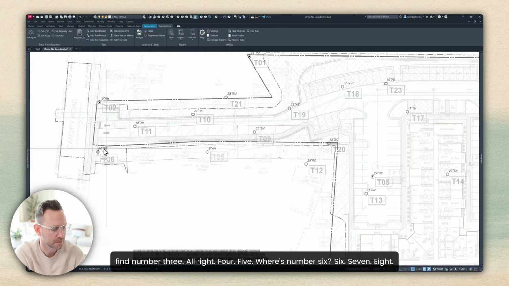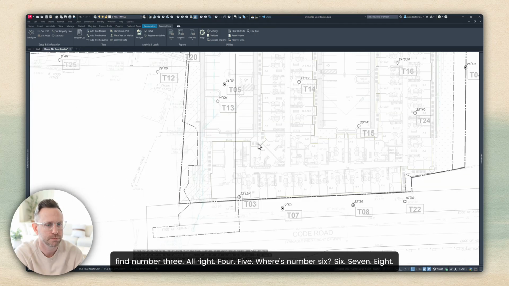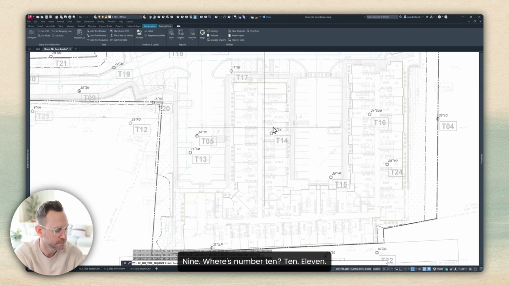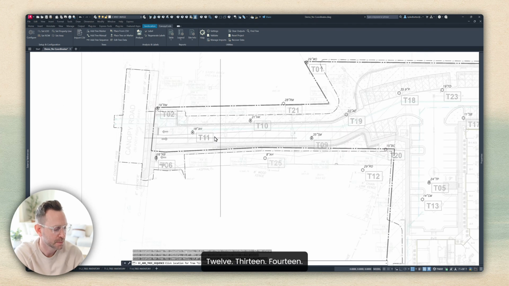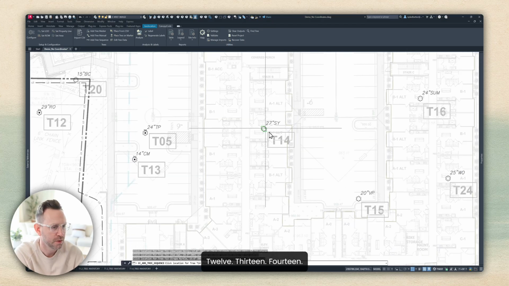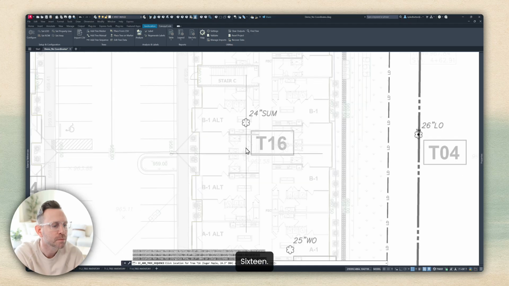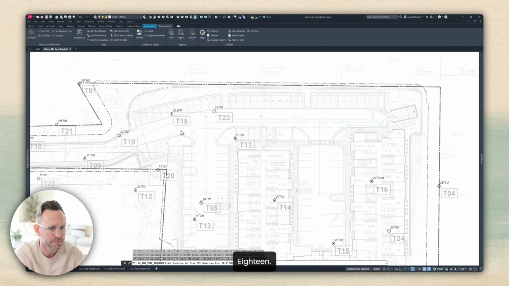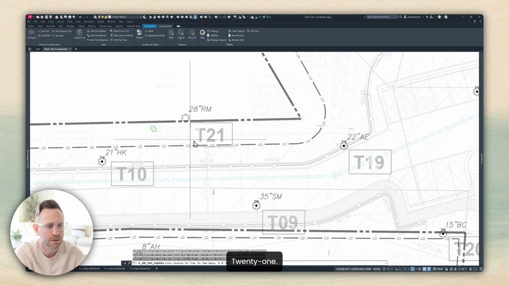6, 7, 8, 9, where's number 10? 10, 11, 12, 13, 14, 15, 16, 17, 18, 19, 20, 21,